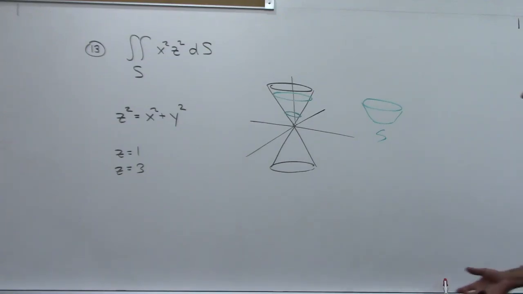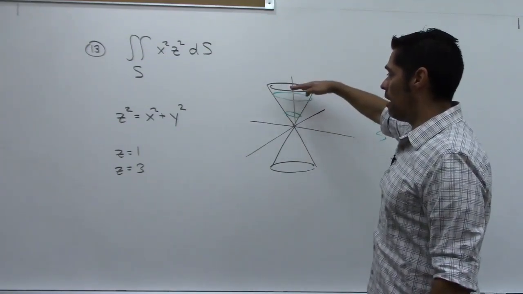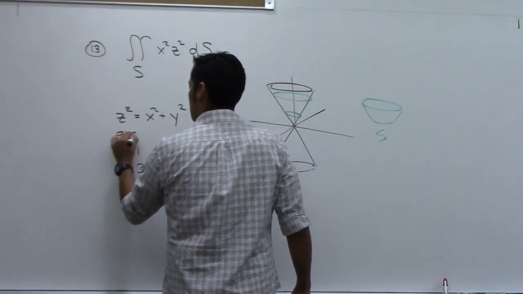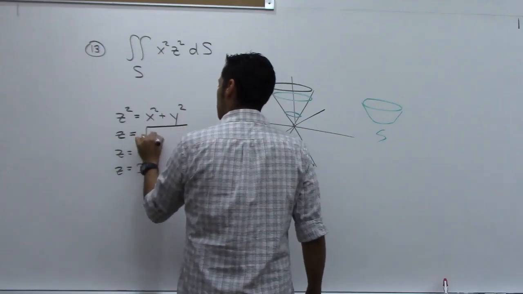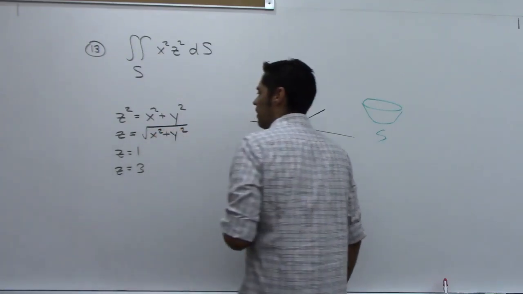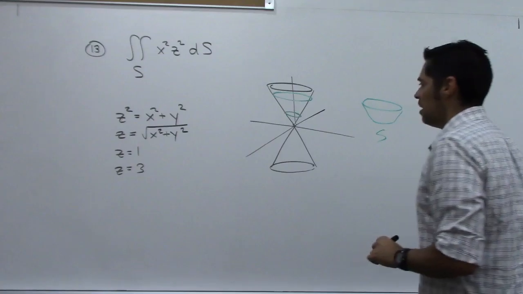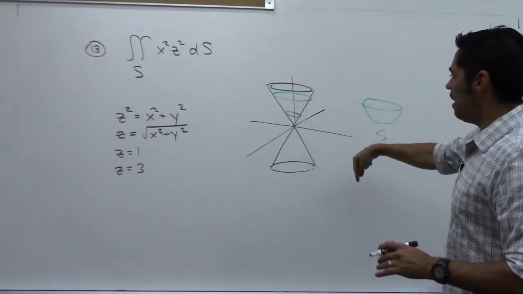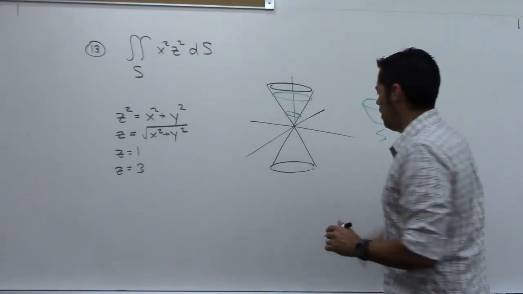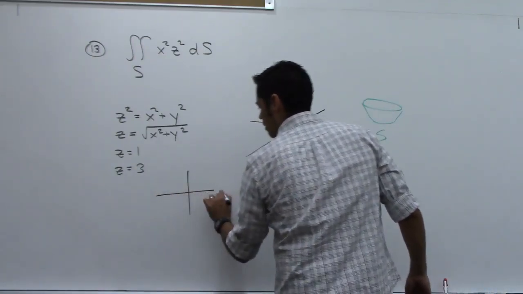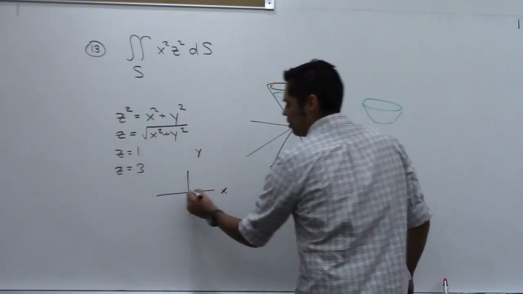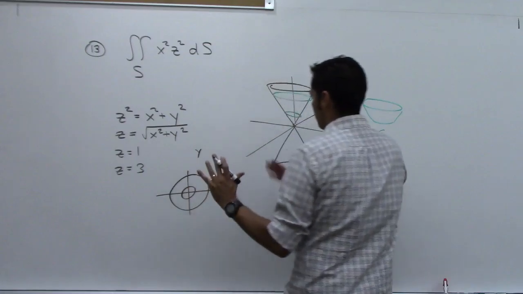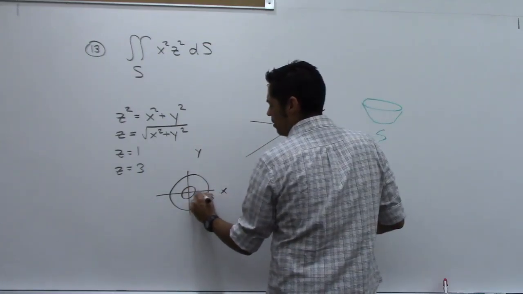Because I'm only on the top part, I don't need to consider the bottom part. I can look at this as being the square root of x squared plus y squared. That's what z is, and in that case, z is a function of x and y. Also, when I look straight down on this, from the top, the region on the ground, the xy region that my surface is casting a shadow onto is this region,